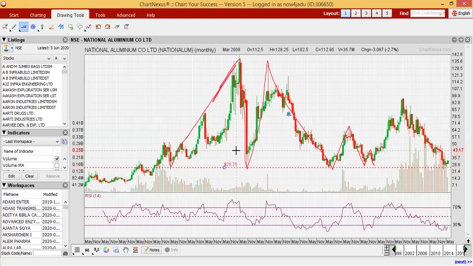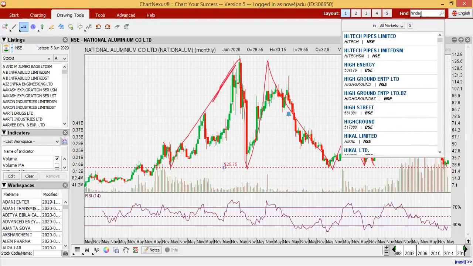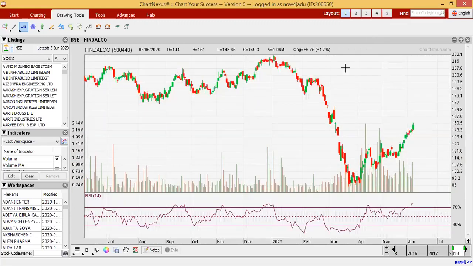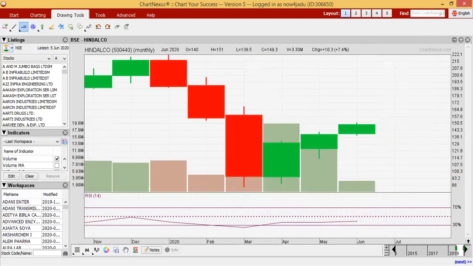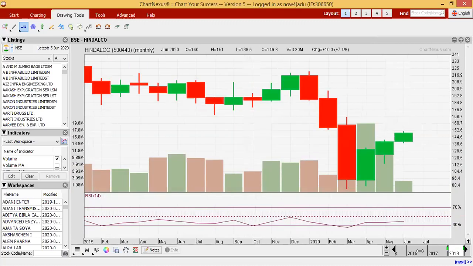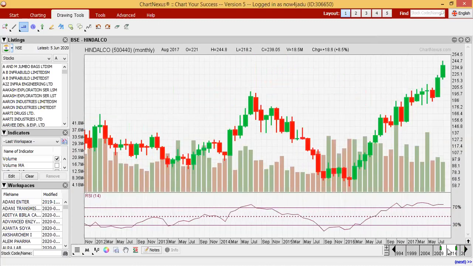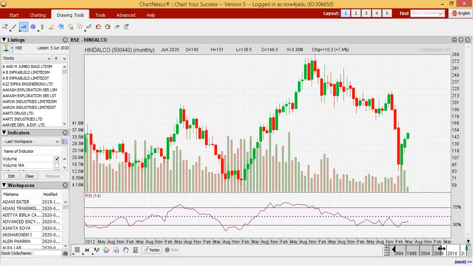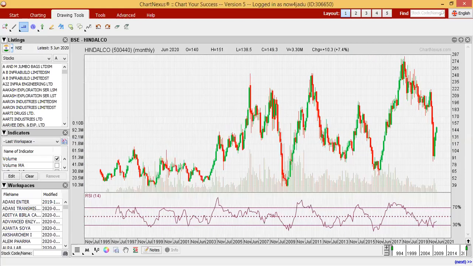And see here, all three stocks I shared with you, we entered those stocks at the exact bottom. Sometimes the support will not be this horizontal; sometimes it is slightly inclined, on declining lines also. So suppose I give an example of Hindalco. If we take the monthly chart of Hindalco, it doesn't have any horizontal support. In fact, it has an inclined support.